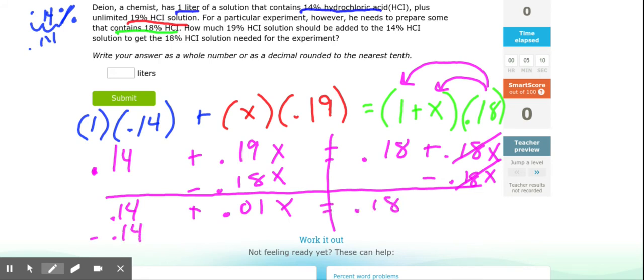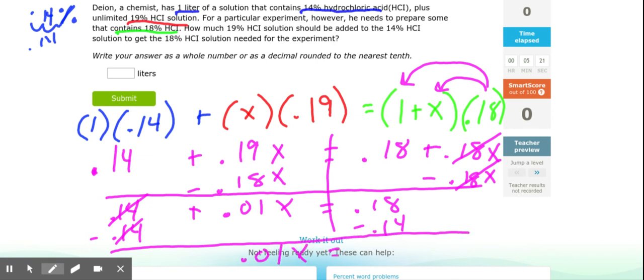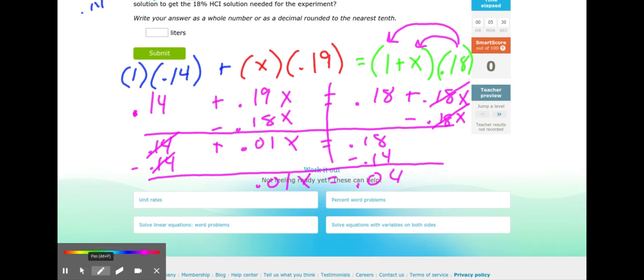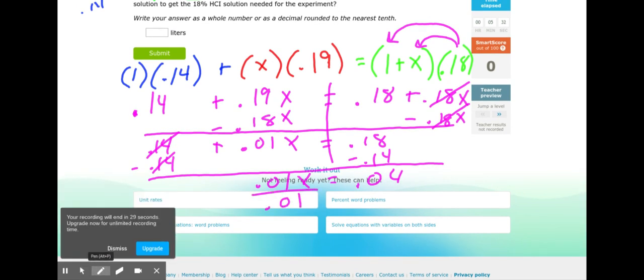Subtract 0.14 from both sides. So then we have 0.01x equals 0.04. And then we're going to divide by 0.01